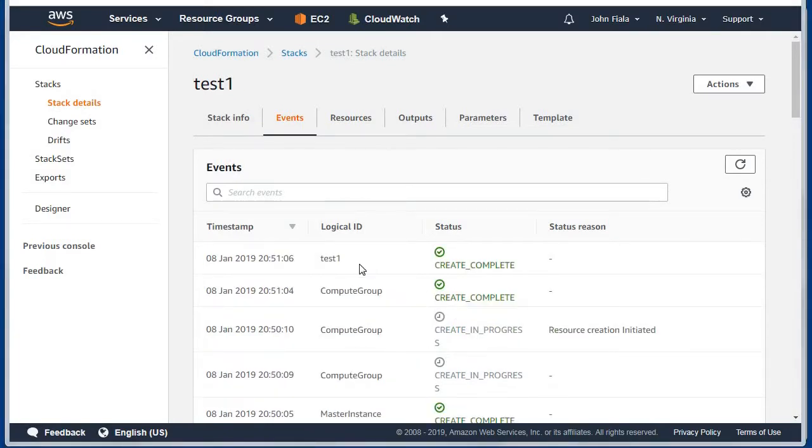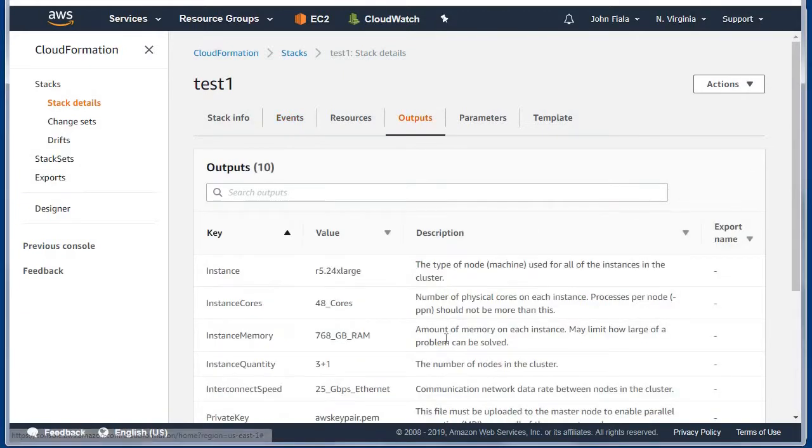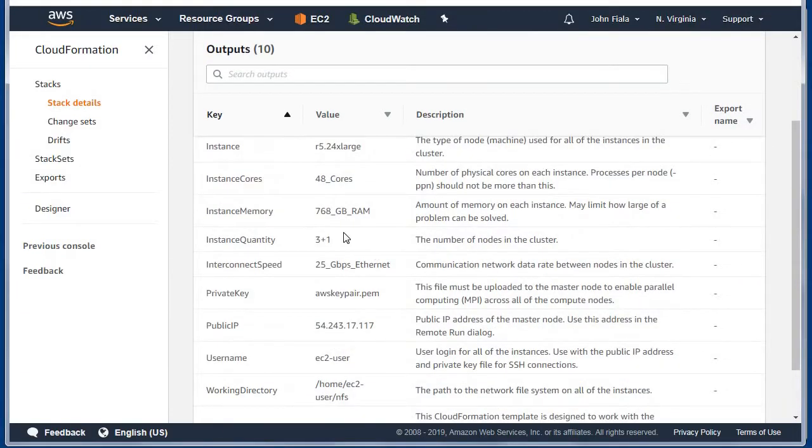So now it's completed creating the entire stack, and we can look at the outputs tab, and here's some key values for our parameters that we need to probably be aware of. So the instance type, the number of cores, how much RAM we have per instance, how many instances there are, in this case 4, the interconnect speed, the private key that we need to use to connect from our desktop to the instance, and the public IP address of the master node. So I'm just going to copy this